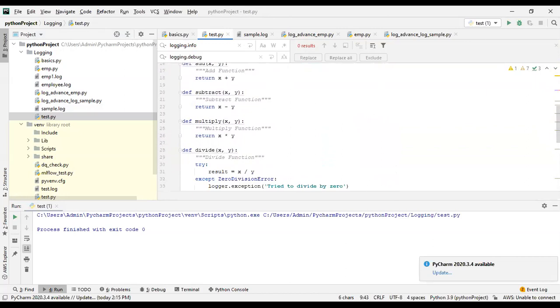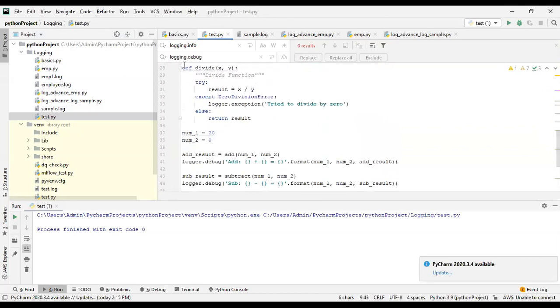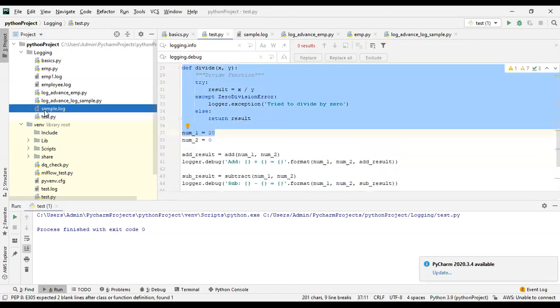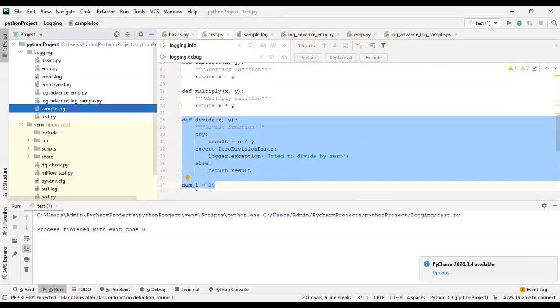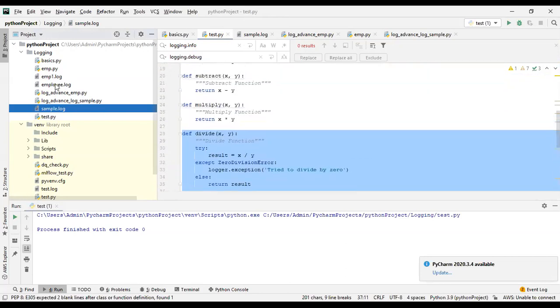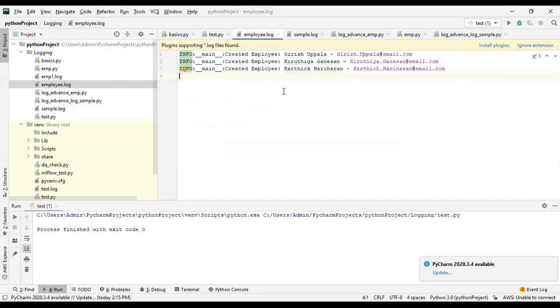That is the reason it is logging only the error information into the sample log file, and all the debug information, whatever it is running from the employee, will log under this employee file. So this is how we can log the different levels of logging into different files when you go with multiple files.